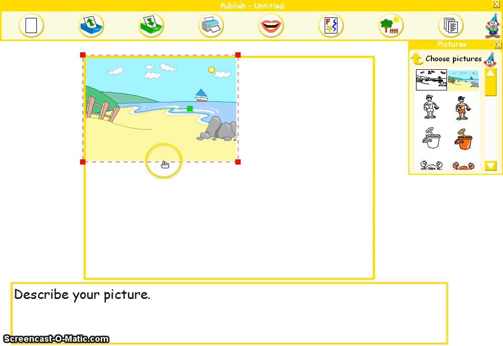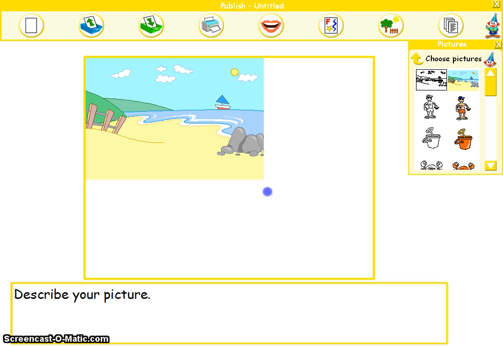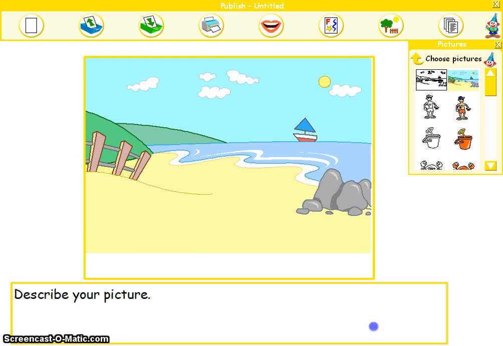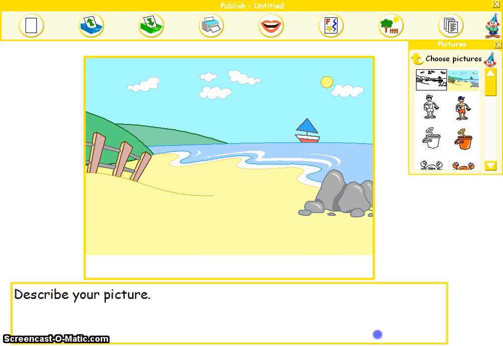Once I've dragged it to the top corner, I then want to resize this picture so that it fills this box as much as I can. And to do that, I need to move my arrow over to one of these red squares that surround the picture in the corner. So if you notice again, if I move my arrow into the red box, it changes to a crosshair, which means that I can then click, keep hold of my mouse button, drag, and I can make it bigger, like